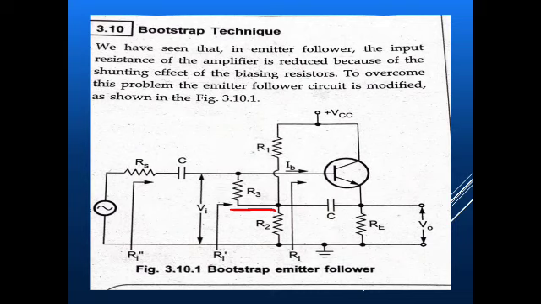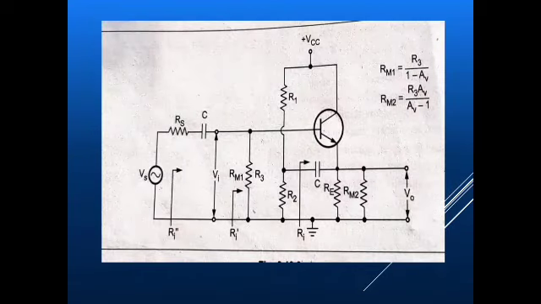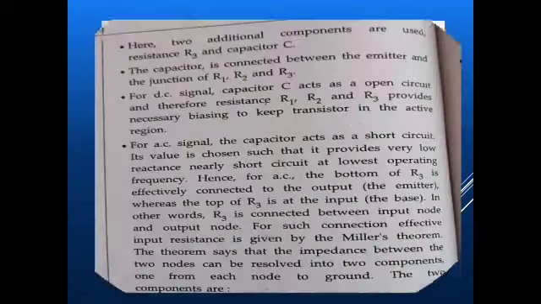Okay, and another one, capacitor C, that is connected between the voltage divider circuit and the emitter. So these two components give a pull up for the output. Okay, next, this is the AC equivalent circuit for this one. And when you are taking that AC equivalent circuit, your VCC will be grounded.